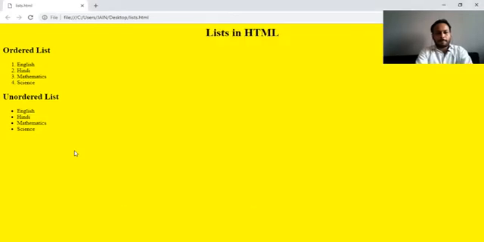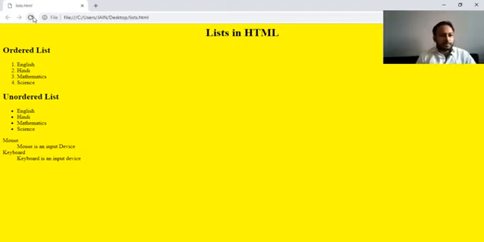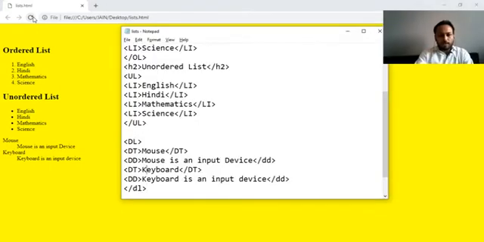Ctrl+S, save. Like the description and its definition, we can write the H2, description list.